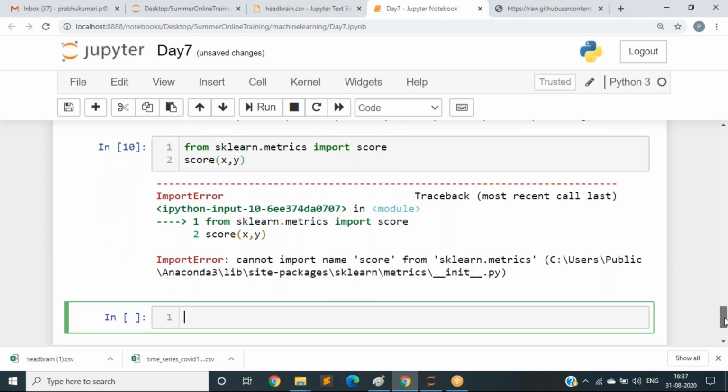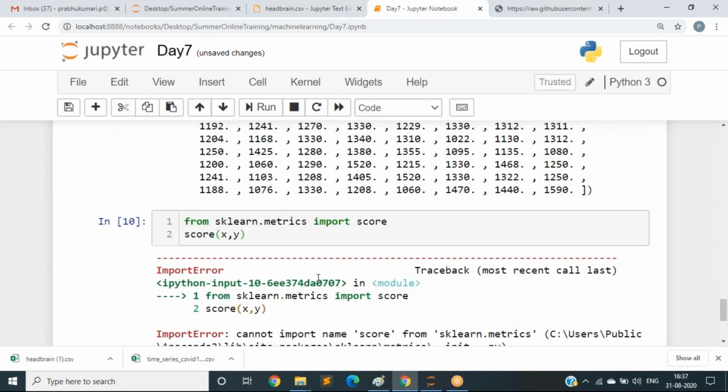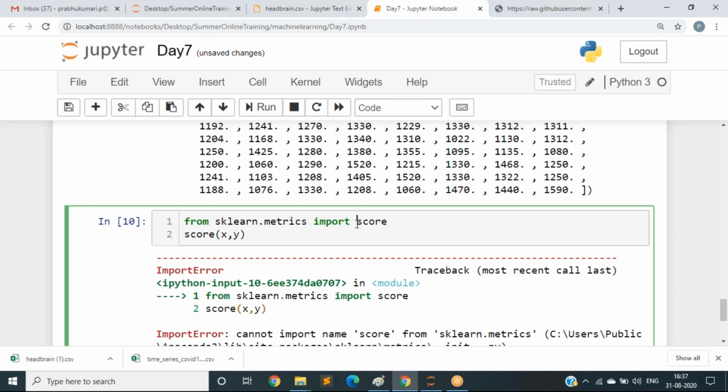Okay, let us take the accuracy score here. y_test, y_predict.